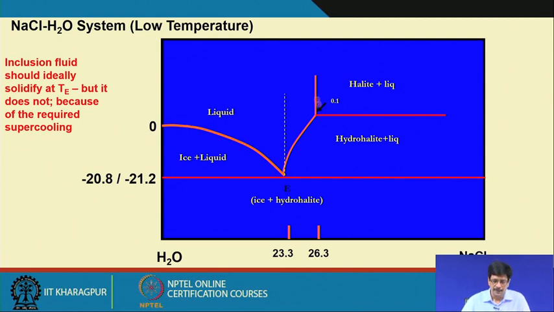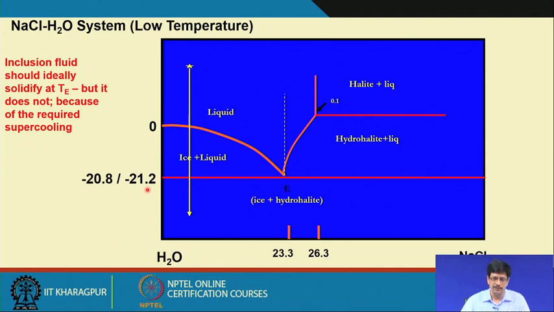So, the inclusions which have the sodium chloride weight percent equivalent up to room temperature solubility, meaning those inclusions which will not have any daughter crystal of sodium chloride in them, can be subjected to freezing experiments. And if they happen to be on the water-rich side, let us say that this star is representing a composition on the water-rich side, we will see what happens as we freeze this particular inclusion. That means the temperature is decreased in the